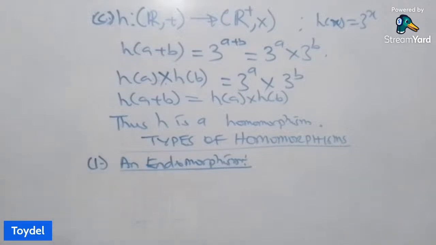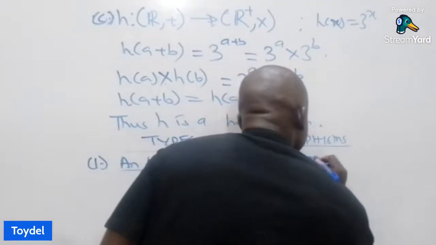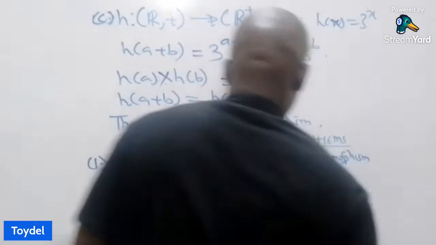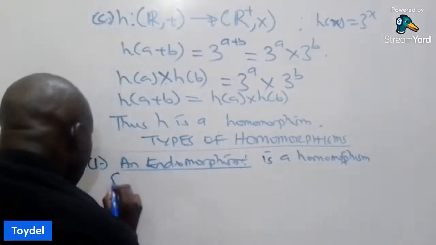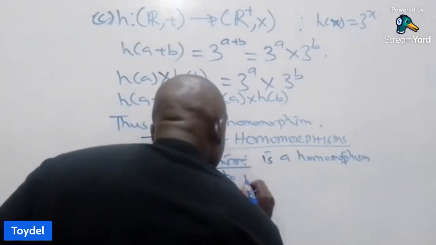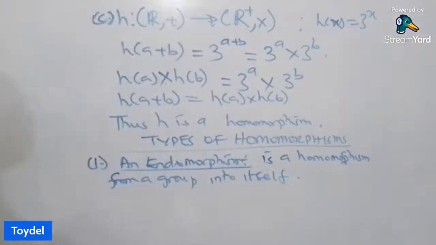So what do we understand by this endomorphism? An endomorphism is a homomorphism from a group into itself. So this first type, which is called an endomorphism, is a homomorphism from a group to itself. So if you are asked to define an endomorphism, just say that an endomorphism is a homomorphism from a group to itself. That is, if you say let G